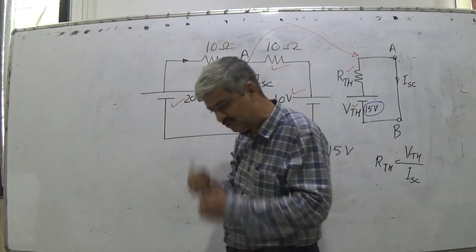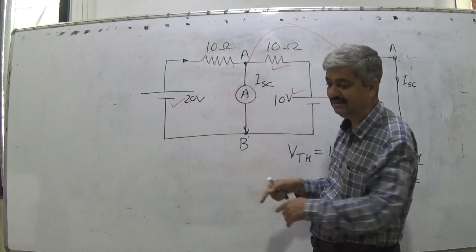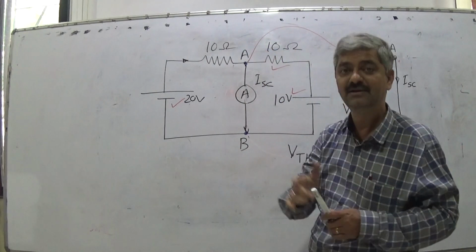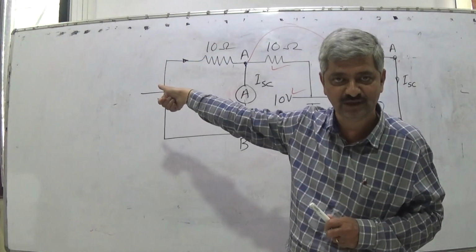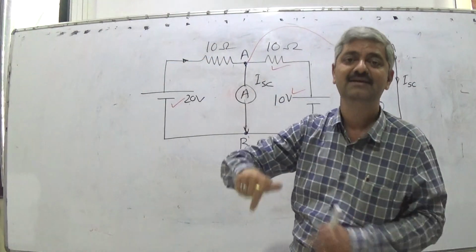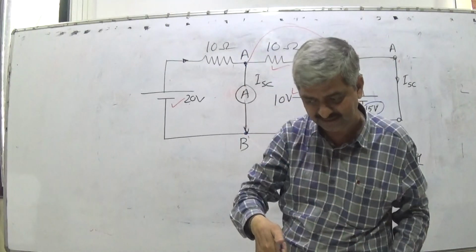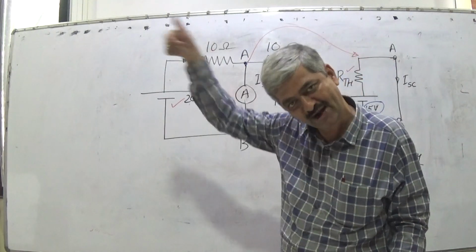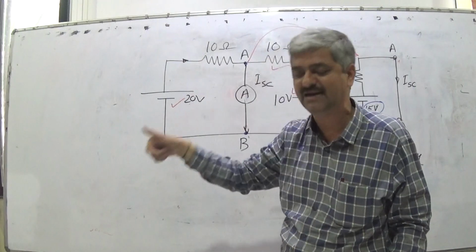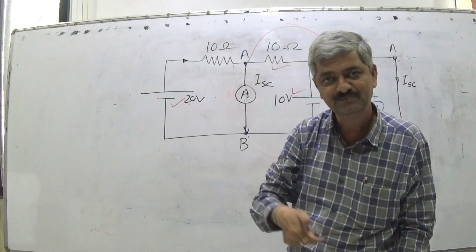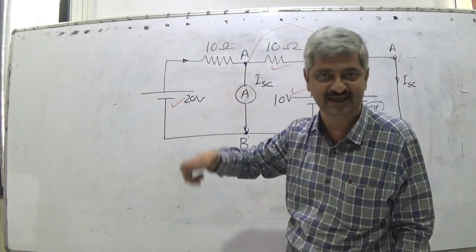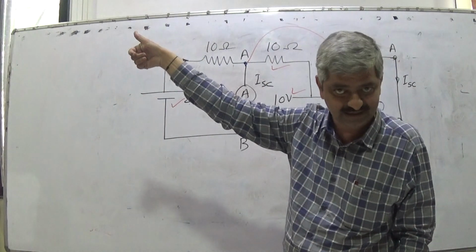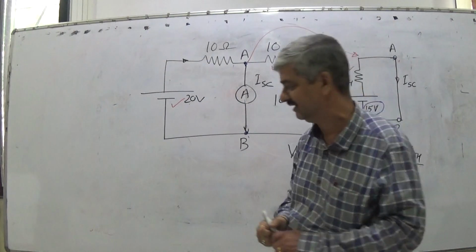And how to find out these two values? Take the actual circuit, take a voltmeter, measure the open circuit voltage between the 2 points between which you have to find the equivalent circuit. Take an ammeter, connect the ammeter there, find out the short circuit current directly. Since nothing is connected, connecting a direct ammeter finds the short circuit current.